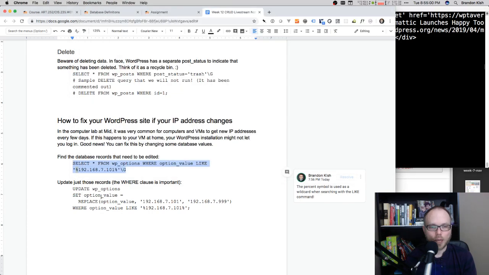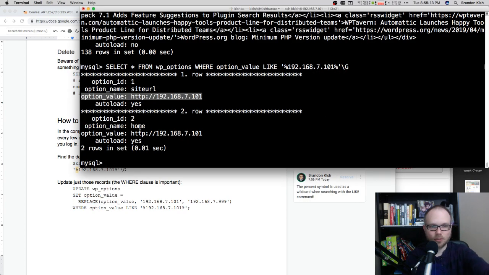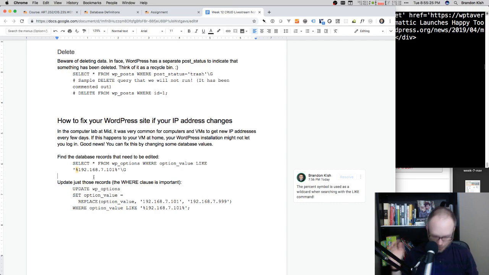So I found a way to update that. Now, the where clause is already provided for you. You would have to fill in your IP address and the new IP address, and it would use a replace to do a find and replace. So it's the same select criteria here. I ran this, and it changed my IP address to .999, which is an invalid IP address. And then I swapped everything back around to change it to 101. So I wanted to make sure that I actually provided this command because it's potentially going to happen to some of you if you're running a VM on a laptop, especially if you were to take that laptop from home to mid or something like that.